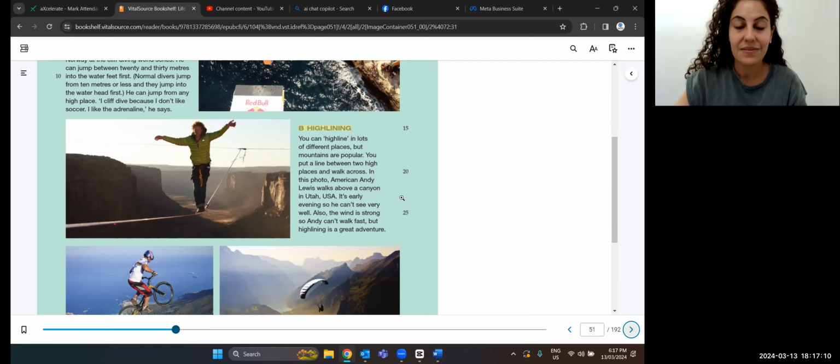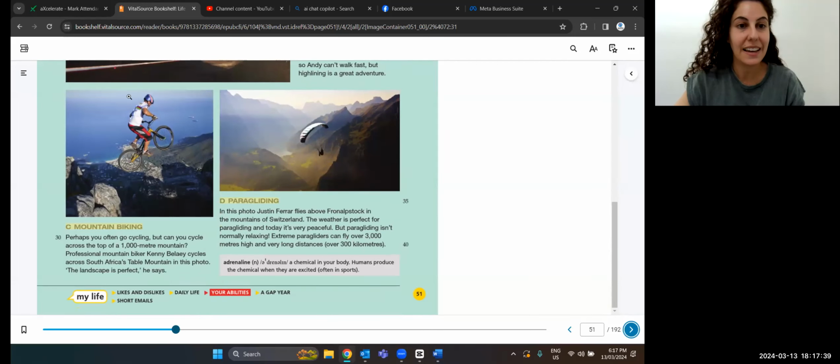It's early evening, so he can't see very well. Also, the wind is strong, so Andy can't walk fast. But highlining is a great adventure. Okay, so this is the image here. You can see extremely dangerous, because if he makes a mistake, he could fall. Mountain biking. Perhaps you often go cycling. But can you cycle